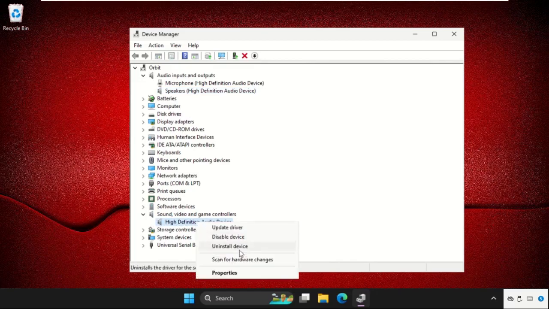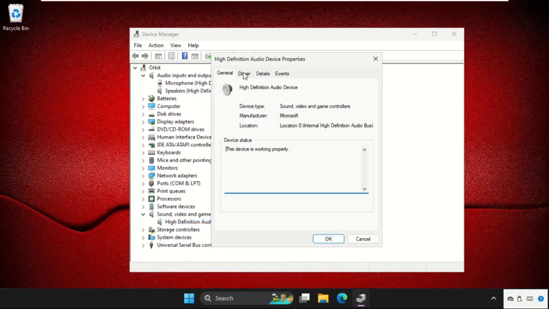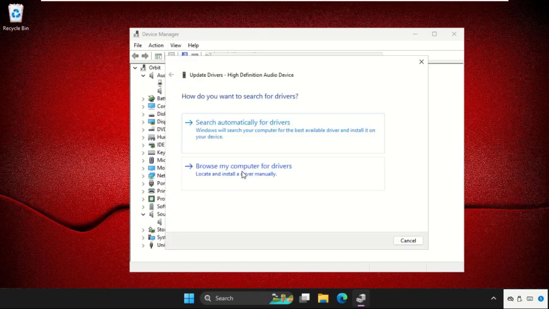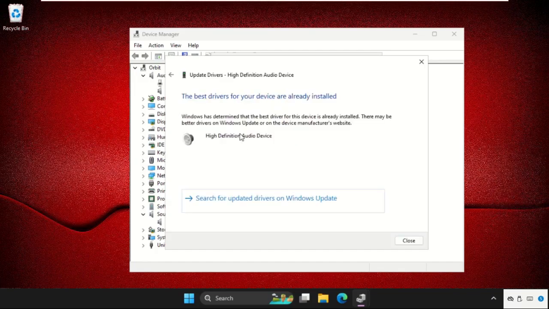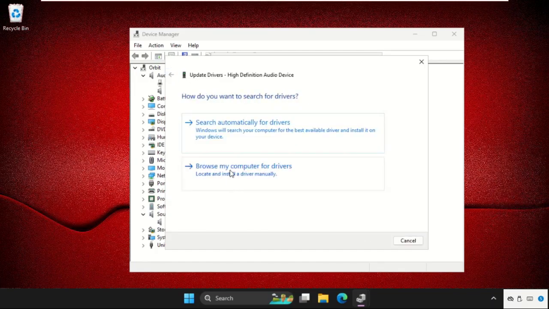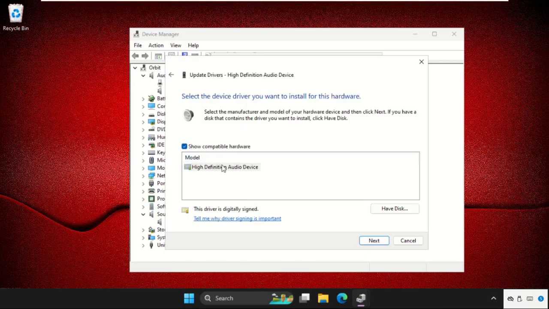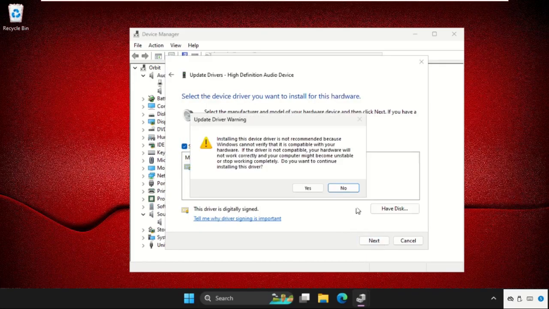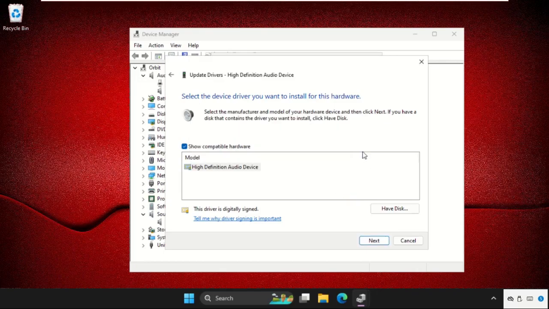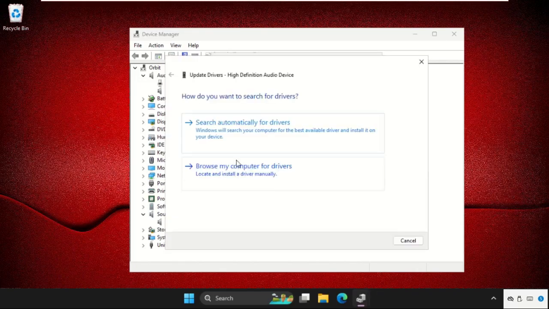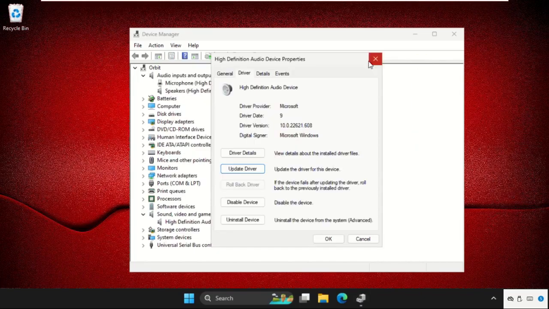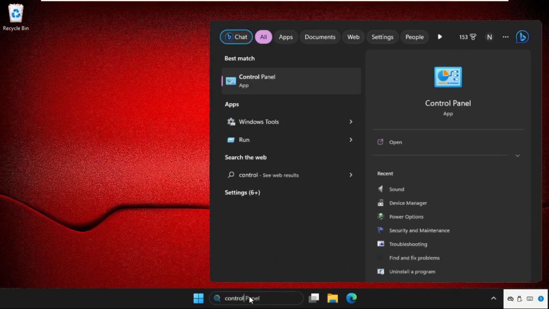Sound, video and game controllers. Open its properties, go to driver tab and select update driver. Make sure you are connected to the internet, then select the first option. If this does not work, just go back and select the second option. Select the model and click on next. Installing the OS drivers is not recommended, but we can also do this, though mostly select the first option only. Then just go to control panel, open control panel,